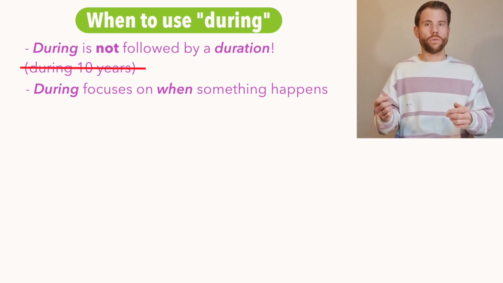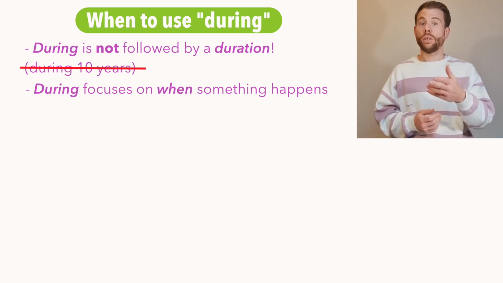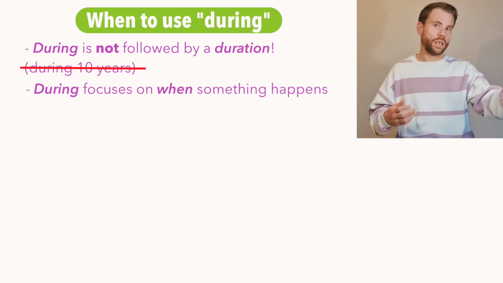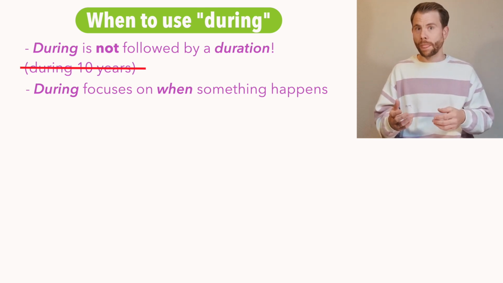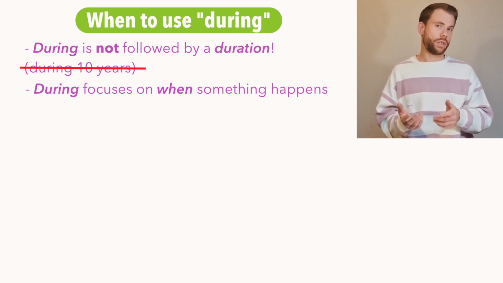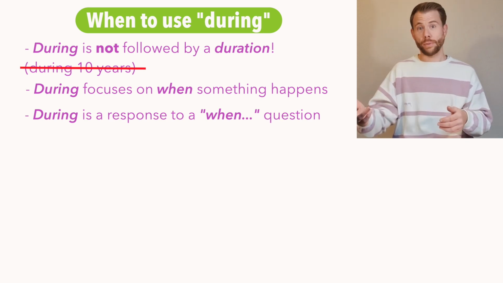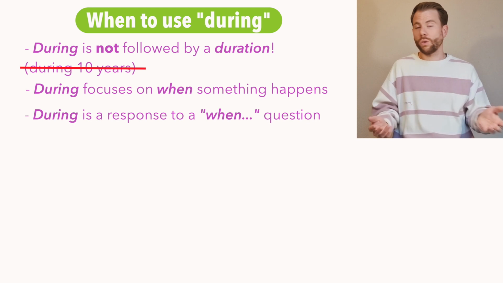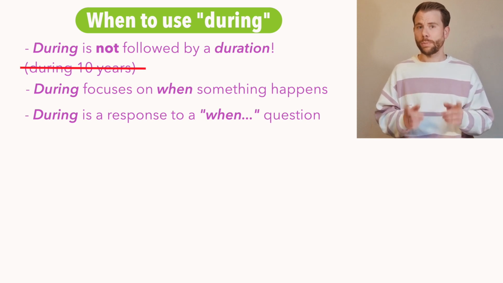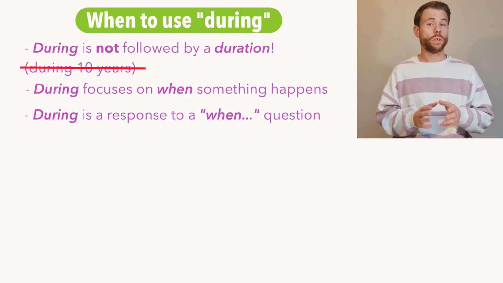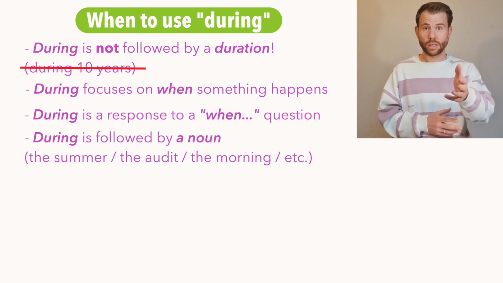So as I said before, it's often the question, how long did it last, or how long will it last, how long will it take? But during is normally the response to the question, when. When did it happen? When will it happen? It can be in the past, the present, or the future. But we're responding to the question when. It's nearly always followed by a noun. To give you some examples,